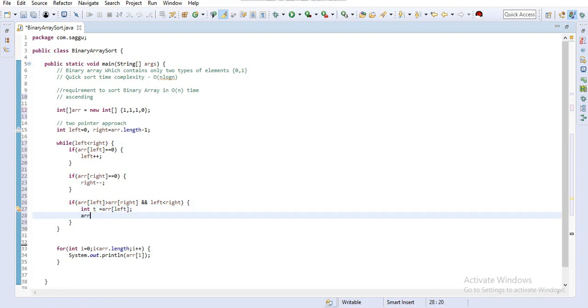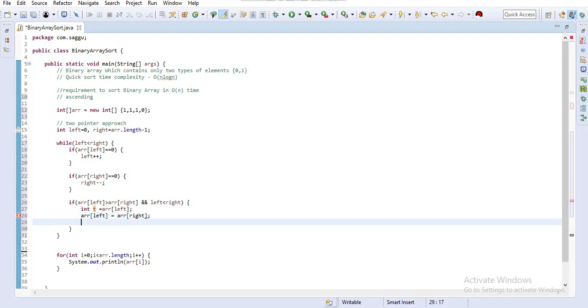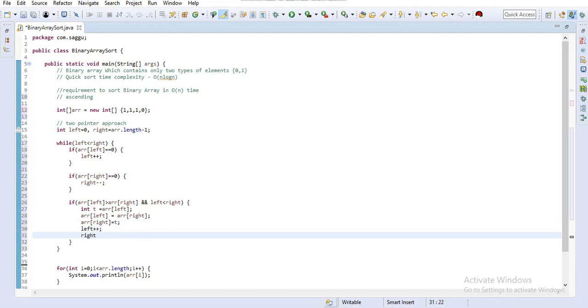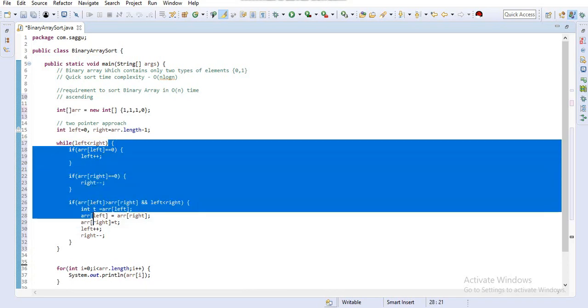Actually we have only two elements, 0 and 1, so I could straightaway put 1 and 0, but I'm following the same old approach to swap the elements. I will put the temp, and I will increment the left pointer and decrement the right pointer.